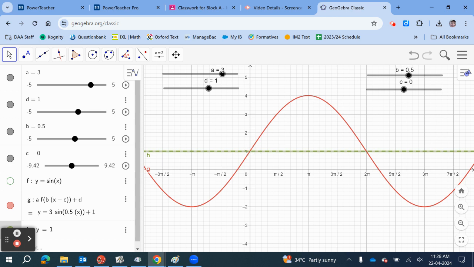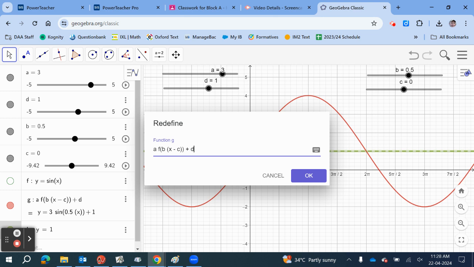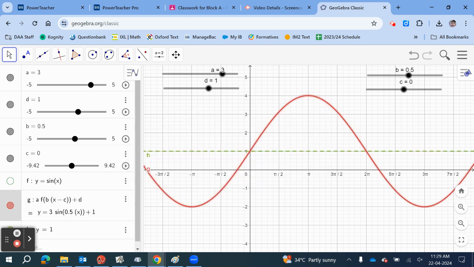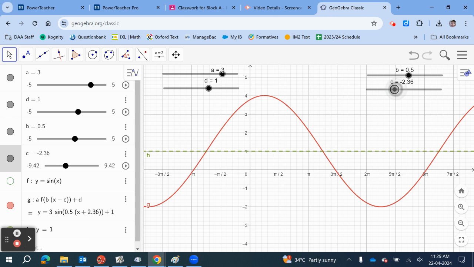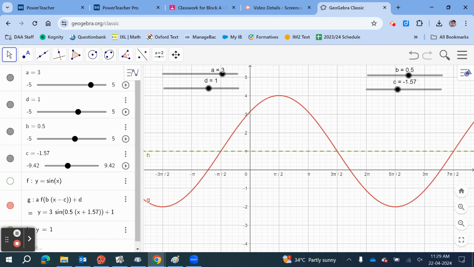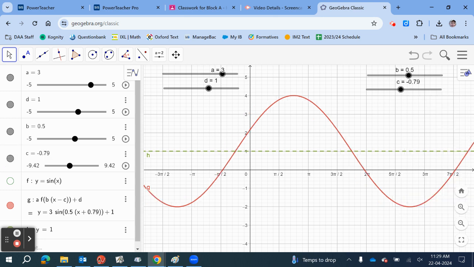So notice this point here. If I make the c pi minus pi over 2, where will this go to? This point. Where will this point go to? Pi over 2. So everything moves pi over 2 this way, but if you're trying to work out what the horizontal shift is,